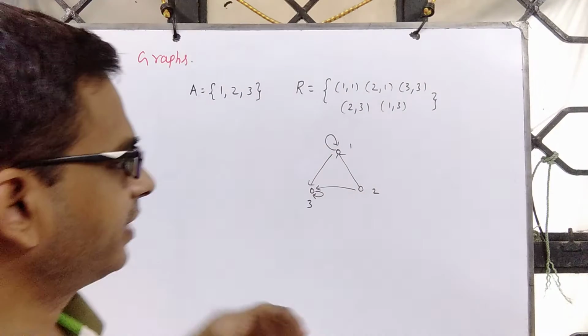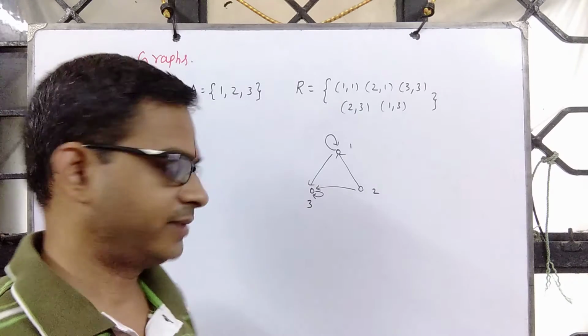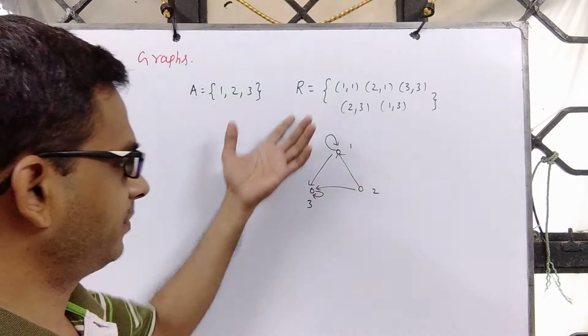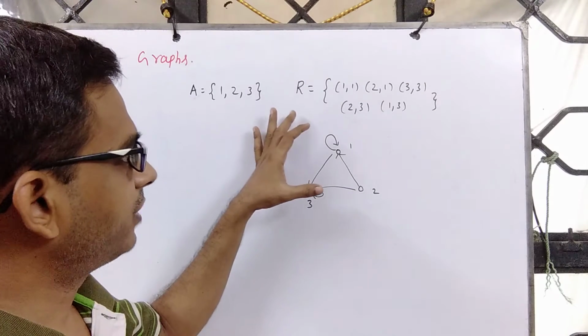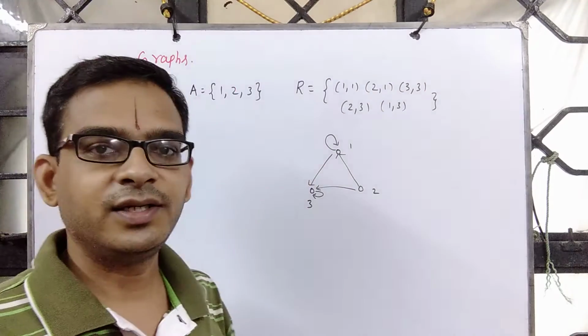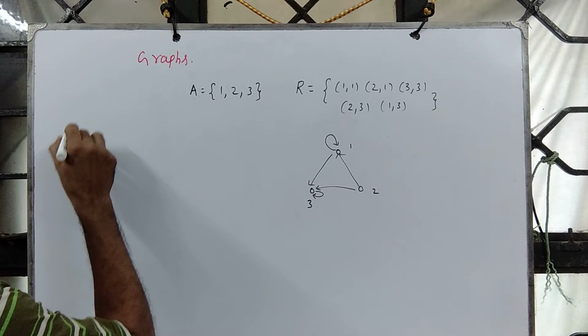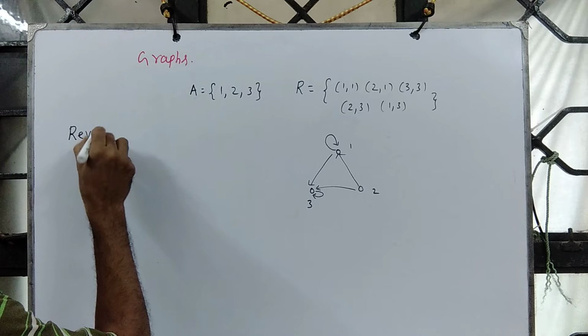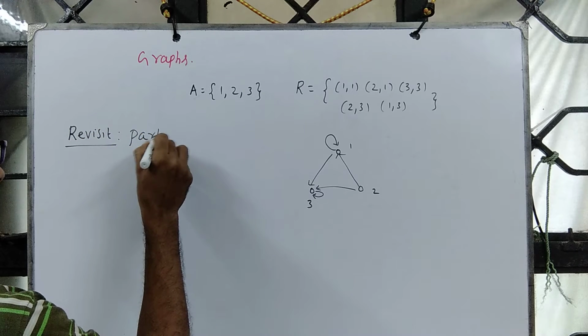But we are not going to do that for an arbitrary relation, because if the graph is going to satisfy some property, naturally the underlying relation should have some property, correct? Otherwise R is arbitrary, and the graph is also arbitrary. So we are not going to work with an arbitrary relation. Instead, we are going to work with partial orders. So let's revisit partial orders.